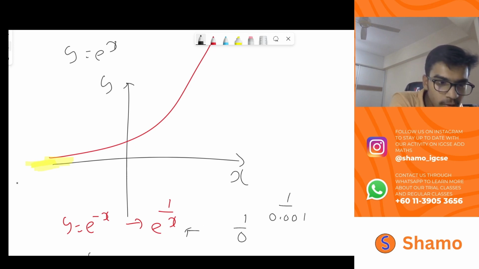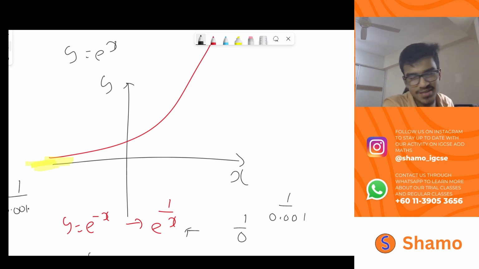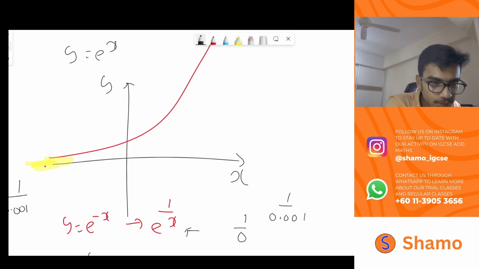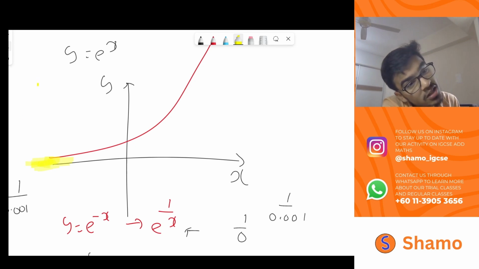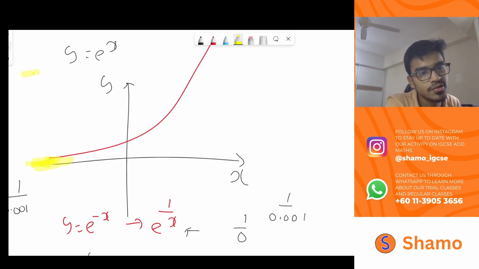Or 1 over 0.00001. Okay, I can't say too many zeros, it's like a tongue twister. Okay, get used to it. That'll be a very large number. So here e power x is a very small number, but 1 over e power x will be a very large number, maybe somewhere here,